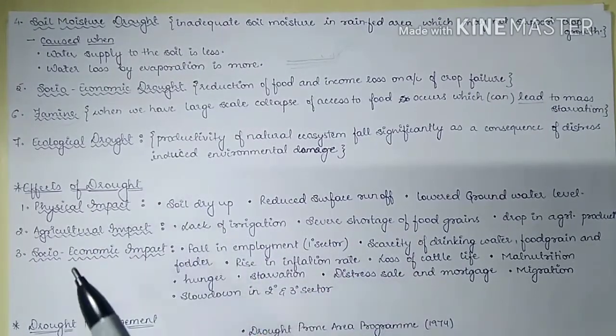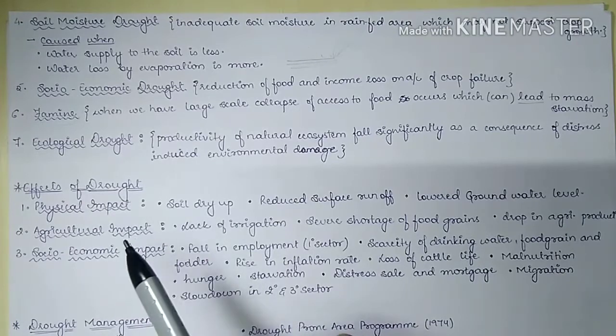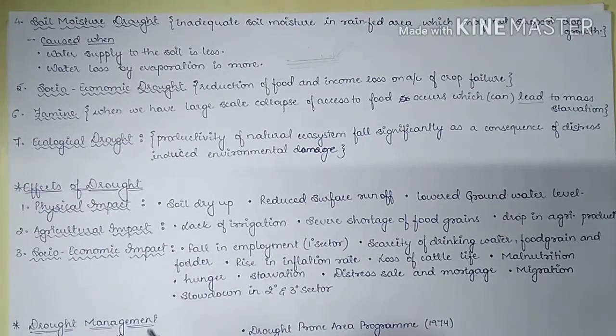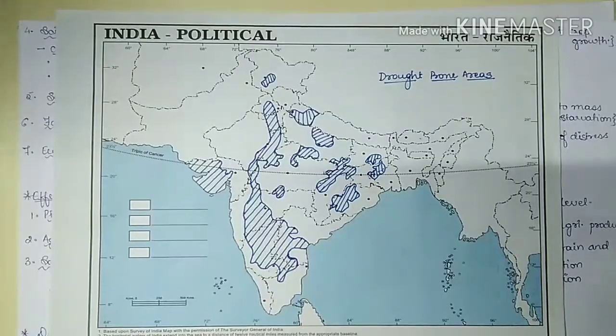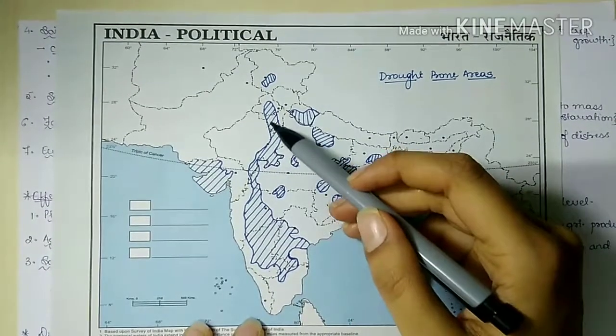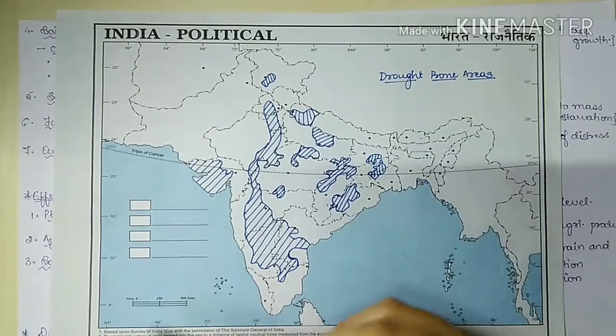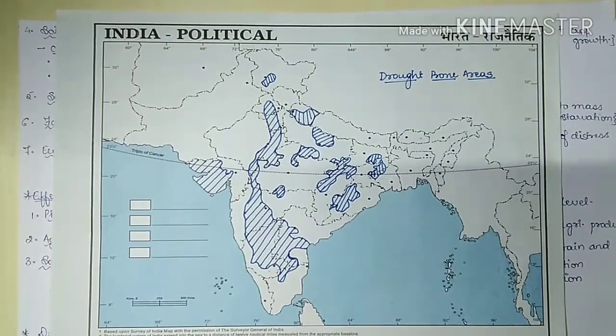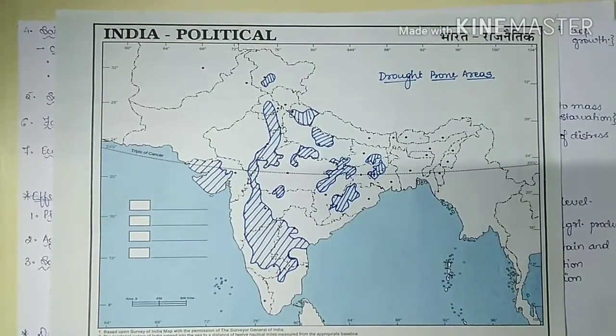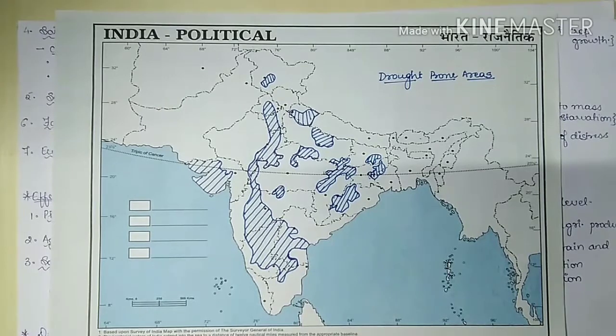Now, before looking into the effect of drought, we will first look into the drought prone areas of India. The areas that are shown in blue are the drought prone areas of India. Drought prone areas are basically defined as those in which the probability of drought years is greater than 20%. The chronic drought prone areas are those in which the probability of drought years is greater than 40%,